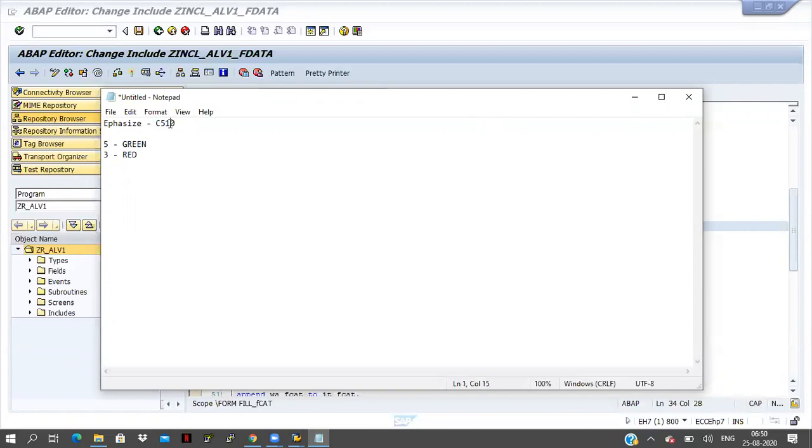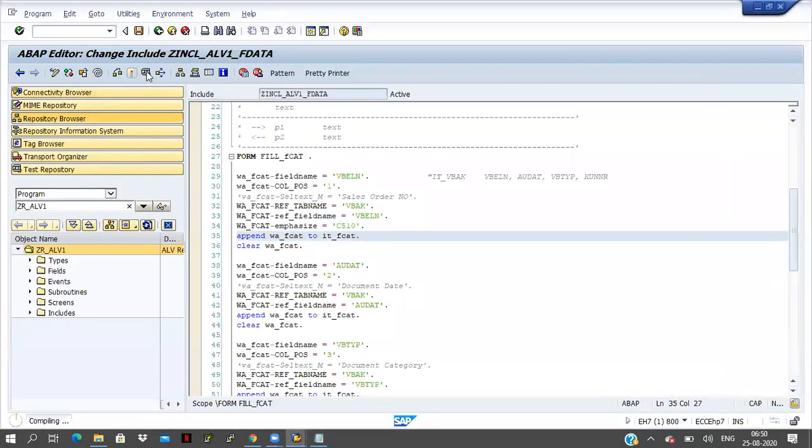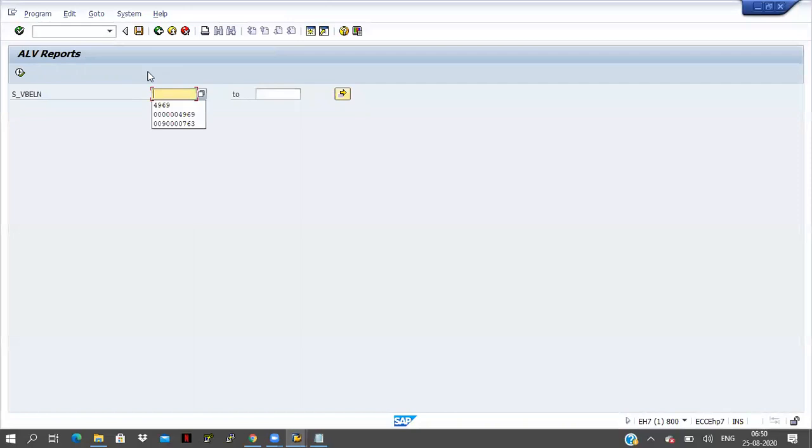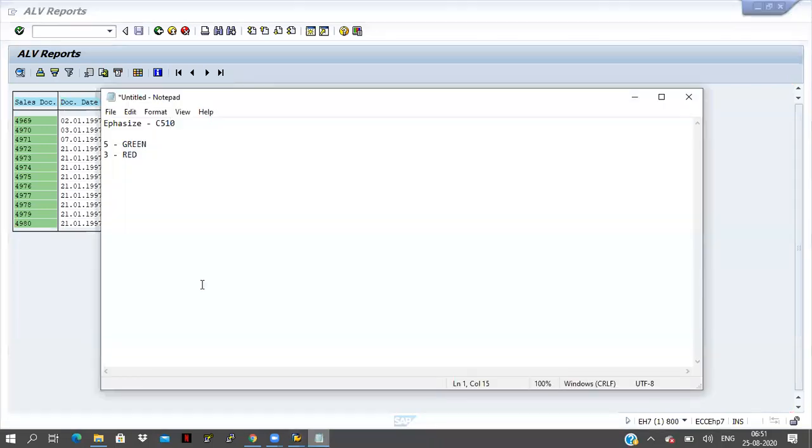And here 1 is coming, which is background or foreground. If you display the data, the backend data is coming here, so the text is coming in black letters only, but behind those letters the color is coming in green. Here you can take either 0 or 1. If you take 1, the background color will change.